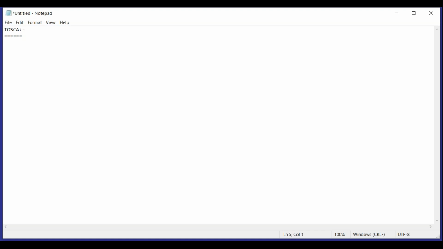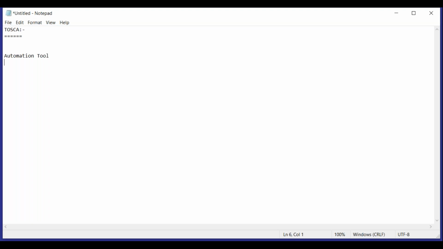So Tosca is an automation tool, and here in Tosca we don't need any scripting or any programming language knowledge.